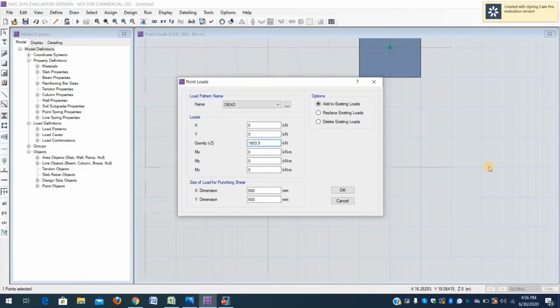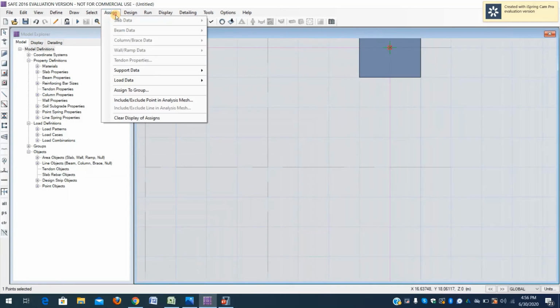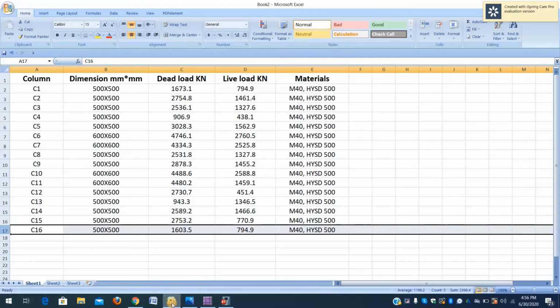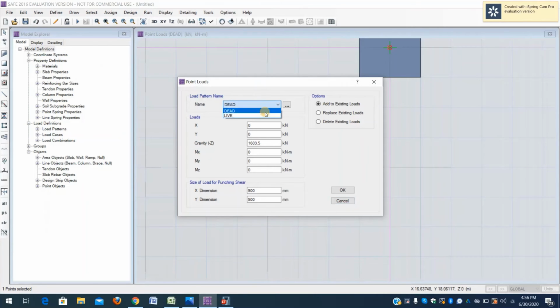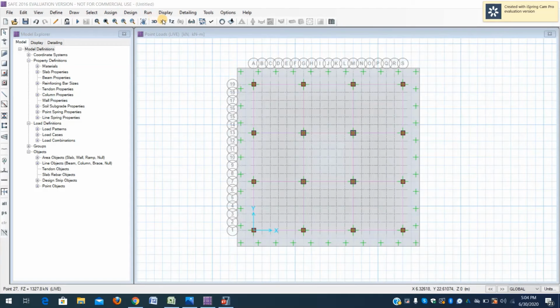I'm just forwarding through all the data because the process is the same. Now all the loads have been assigned to the columns.